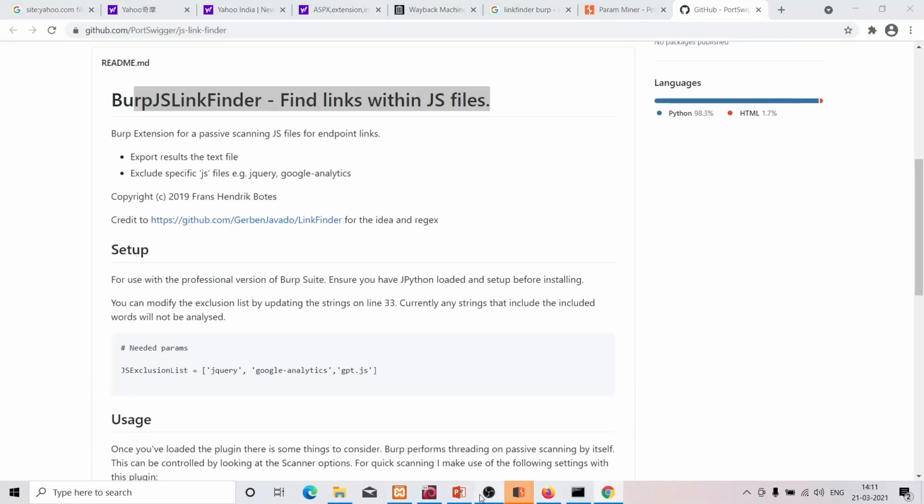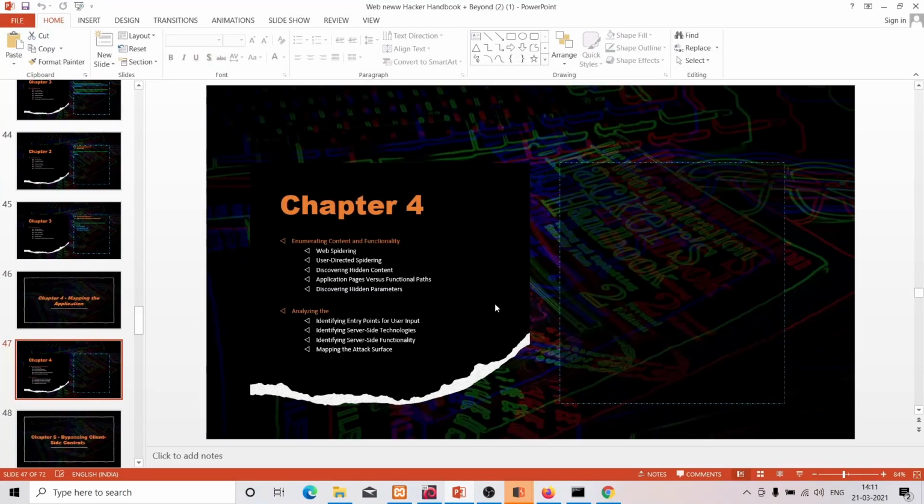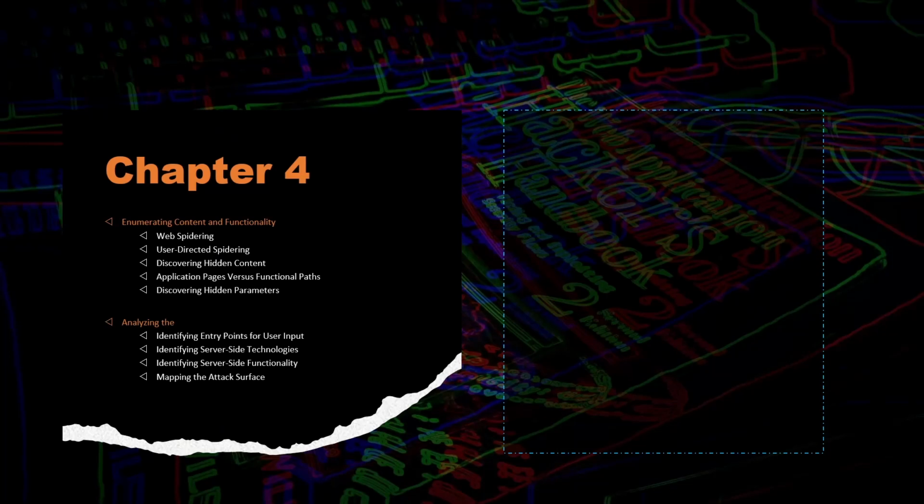So, a quick recap. In a basic enumeration of an application during a pen test, you will try to identify each and every directory. You will go through each and every functionality of the application. In case it has multiple user roles, you will try to map those user roles as well and identify those functionalities. Apart from that, you will also use Google Dorking to identify things which are missed by Burp Suite.